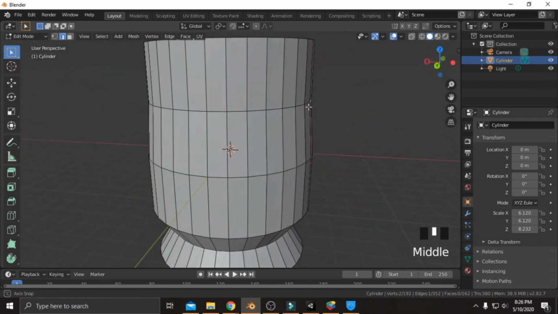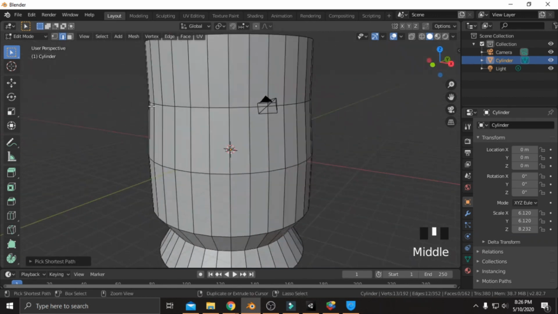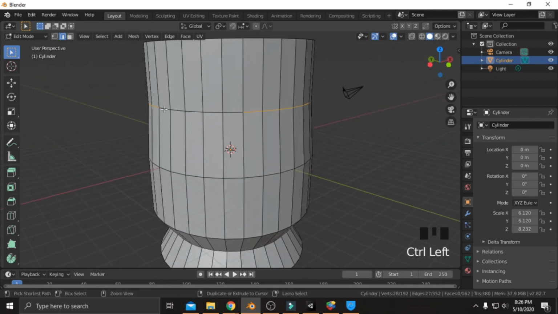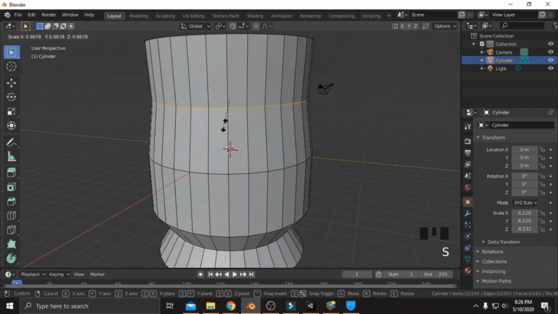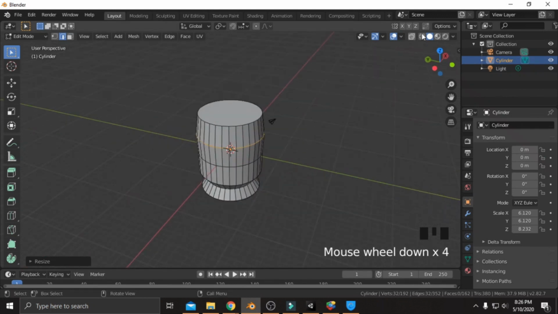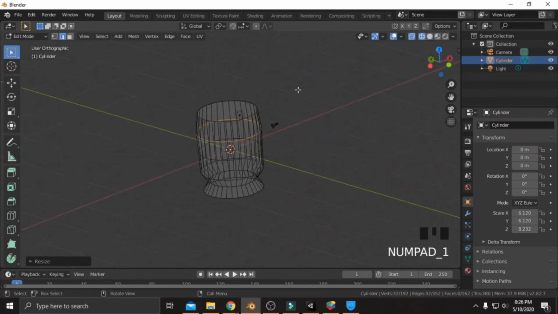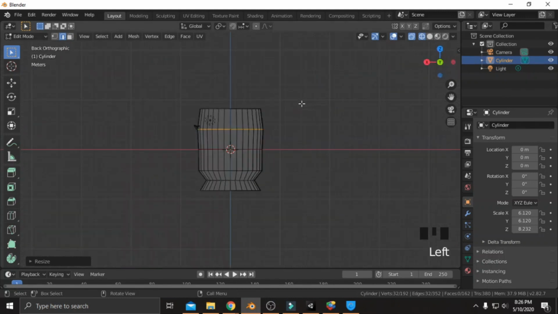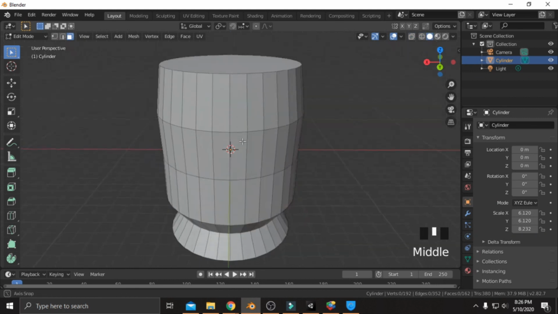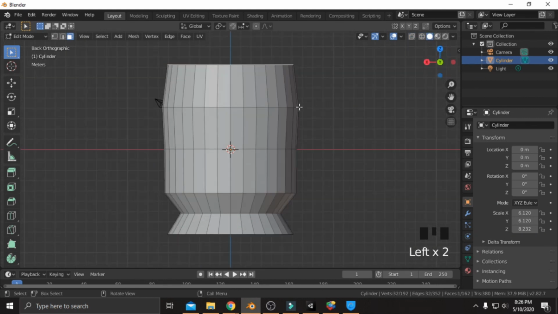I'm also going to scale this up, and I'm going to scale also going to scale this up a little bit. So then what I'm going to do is going to go there and then press 1 on my number pad or Y, and I'm going to first select this and go to this, and then